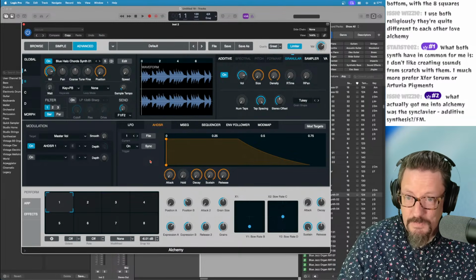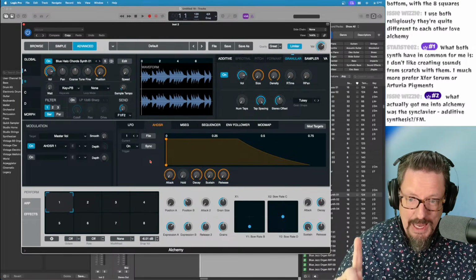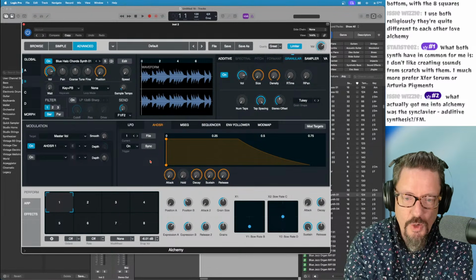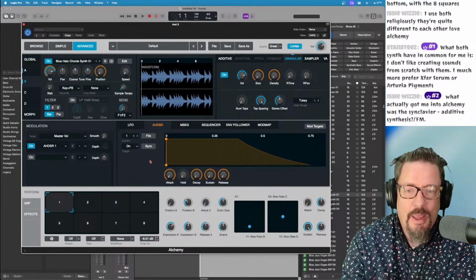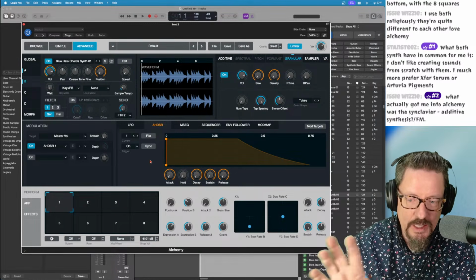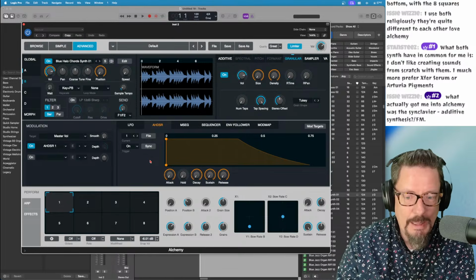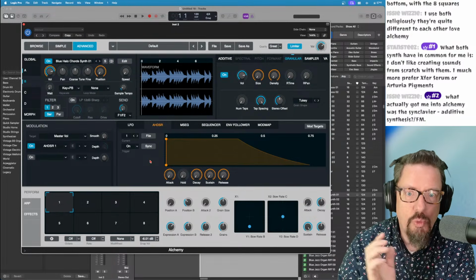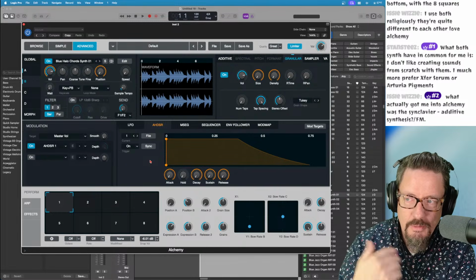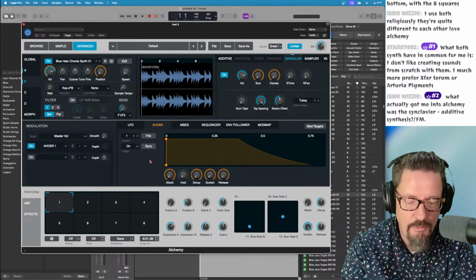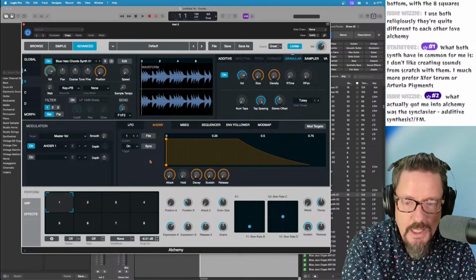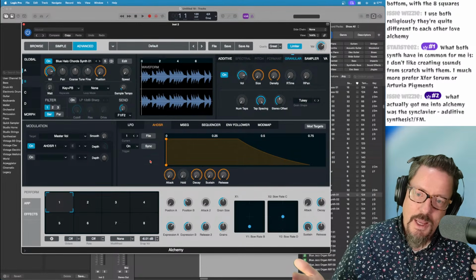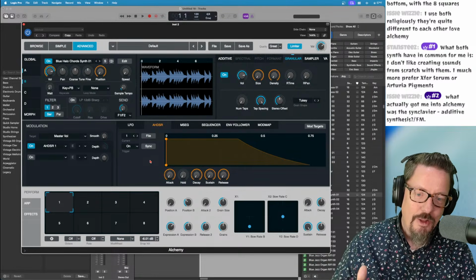But if they could train AI on Alchemy so it knows what everything does and the results of everything that each thing can do, and then you just had a prompt and said, hey, I would like this to have a warble sound in it that goes up and down in volume, and as you increase something it arpeggiates, like, it's like you're thinking of a sound and then it could make it all happen.